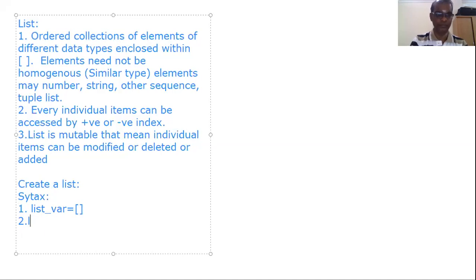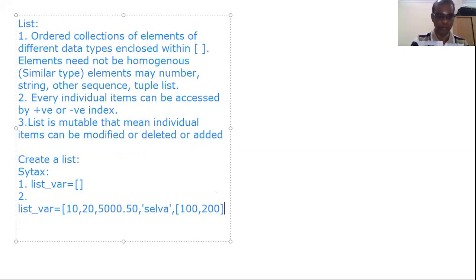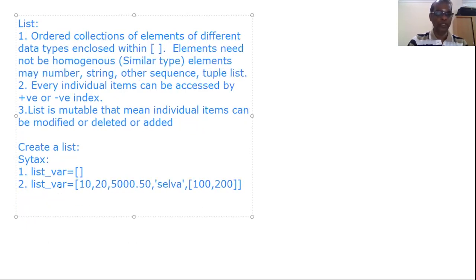Otherwise, list_variable equal to, within square brackets, you can give some values separated by commas, like 5000.50, comma, Selvam, comma, like this. You can give values of different data types. Even you can give one more list also. That's also possible. So see here, this syntax means